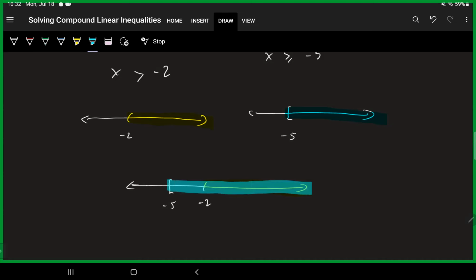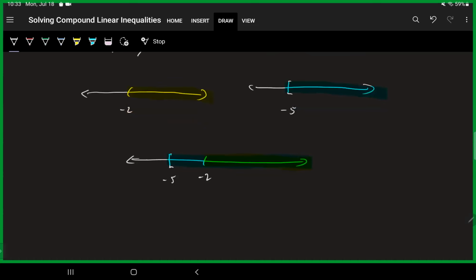And with the intersection, we're going to look for the overlap. And in this case, it's stuff that shows up in green because yellow and blue make green. And the intersection would be -5 to infinity, intersect with -2 to infinity. And that's going to give me -2 to infinity. And because the green is everything that is overlapping, we're not allowed to attain -2 in our first set. And it has to be able to show up in both. So we're not going to include -2, but everything to the right of -2 shows up in both sets. So this is going to be our final answer.